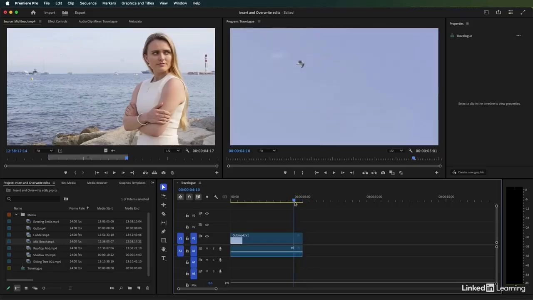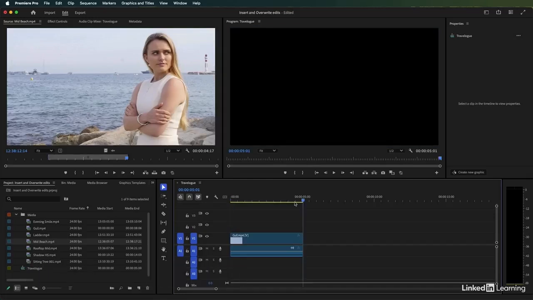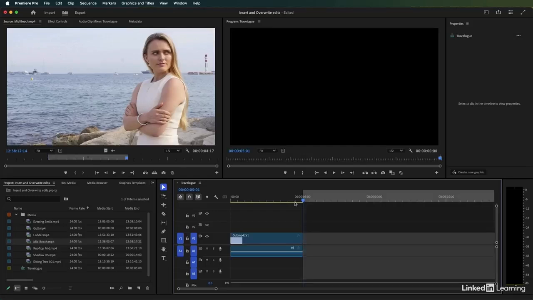Now there's a shortcut for doing this. If you press the down arrow and up arrow on the keyboard, the playhead will jump between the edits in your sequence. So I know by pressing the down arrow, my playhead is lined up perfectly. Now I'm not going to use the playhead, actually. I'm going to add an in point in the sequence. I'm going to press the I key here,